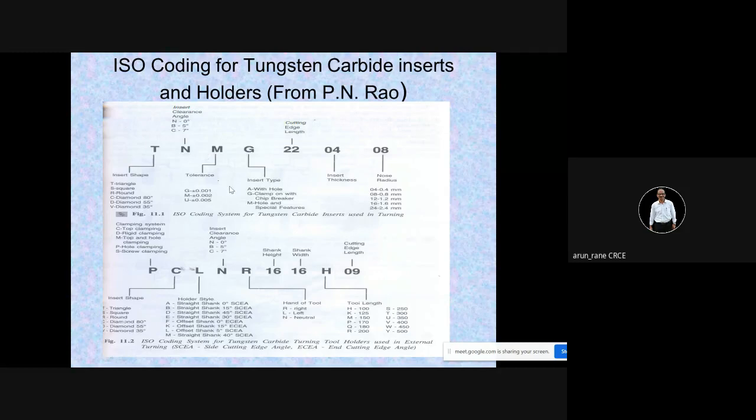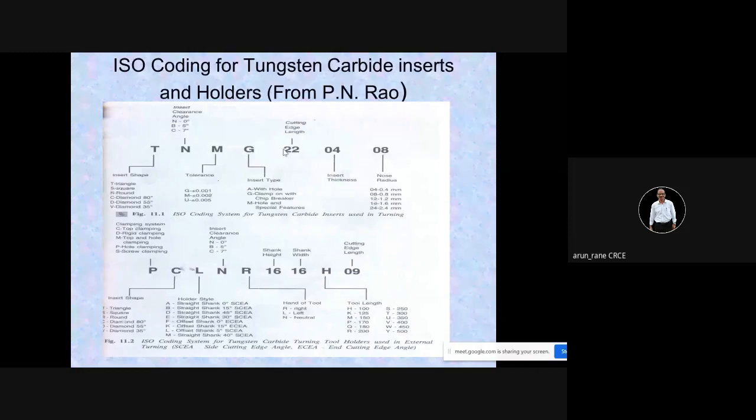So qualified inserts are manufactured strictly with closer tolerances. And what happens in qualified inserts? See, as I have briefed you about the tool offset and workpiece offset. Suppose after some time of machining, your insert becomes blunt, and then you need to change the insert.